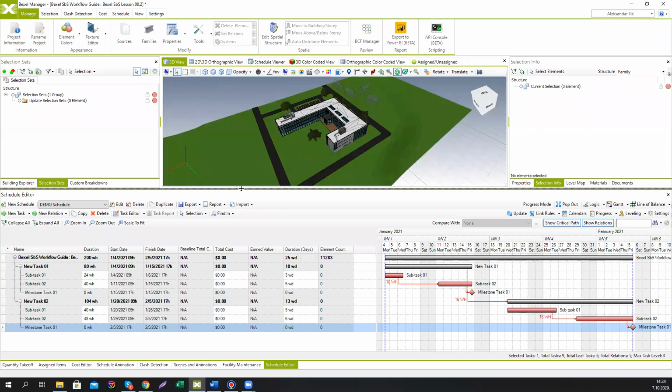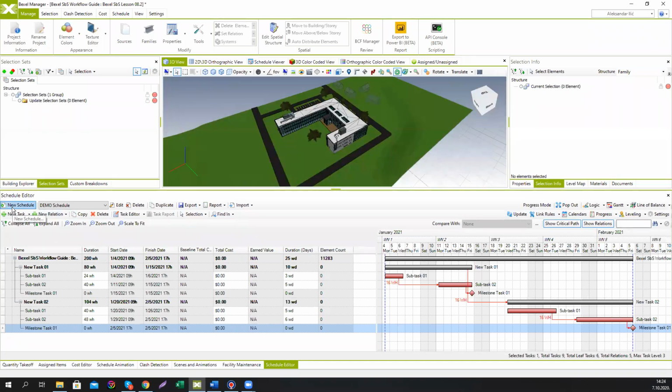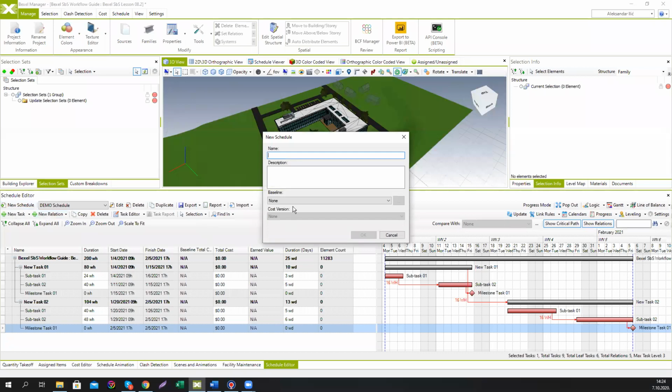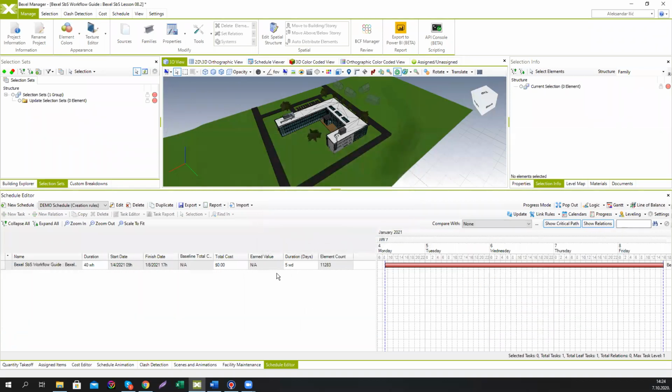So for now, let's create another blank schedule and call it demo schedule creation rules. It's going to be used for demonstration of a different approach to schedule creation, which is not made in a way to